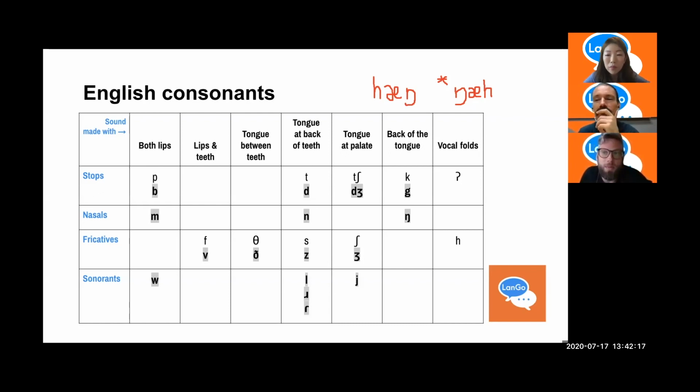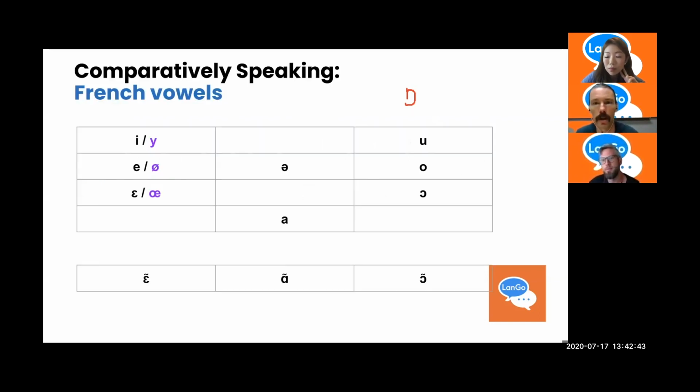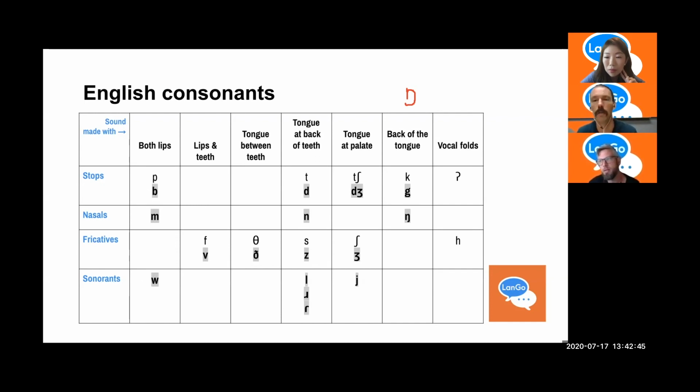If you're a native speaker of English, you may have never noticed also that H never occurs at the end of a syllable. And so when you go to learn a language like Portuguese, which has the word for sleep spelled D-O-R-M-I-R, both of those R's occur as H's in Brazilian Portuguese, at least the Rio de Janeiro dialect. Mm-hmm. So it'd be dormir. You might not even hear it if you're a native speaker of English. There's dialects of Spanish too that will replace a coda S with an H sound. Wow, I didn't know that.